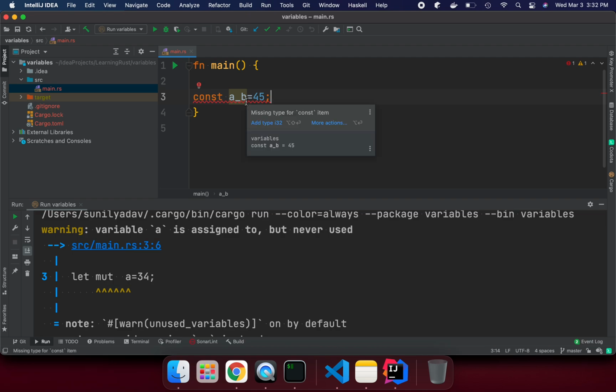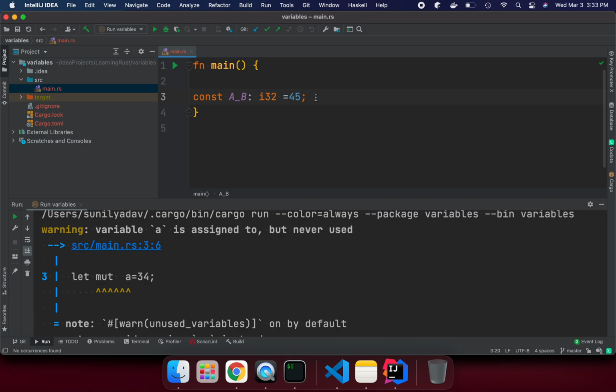By default, it is not taking an implicit data type, so we must explicitly define what data type we want. Now it looks good. But here again we are getting one warning: constant should have an uppercase name, such as A underscore B. Whenever we are declaring a constant, we have to declare it in all uppercase. Now this looks good to us.